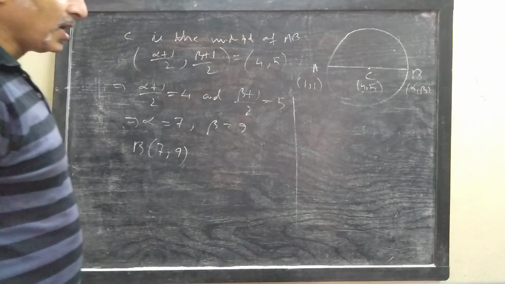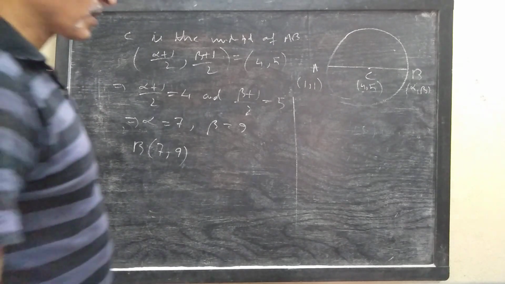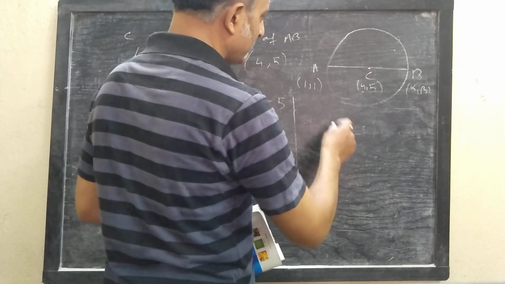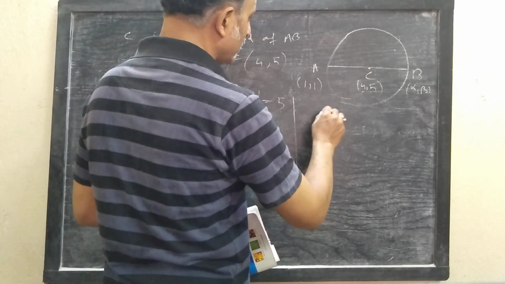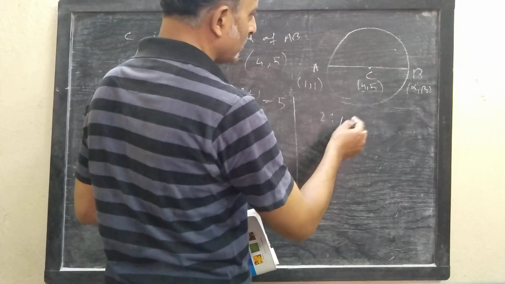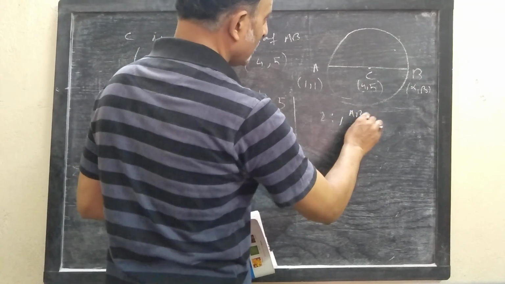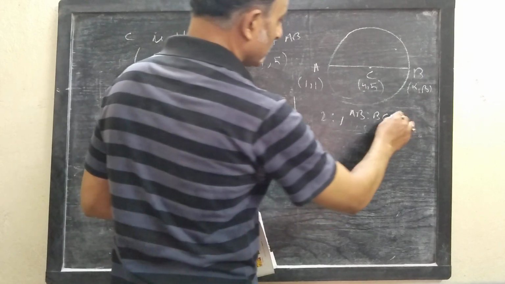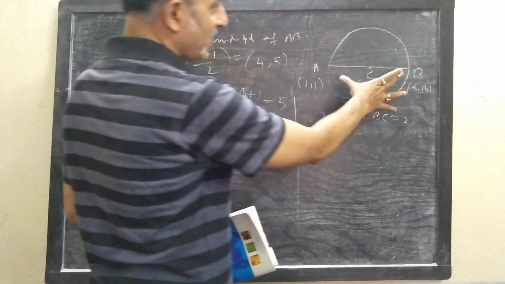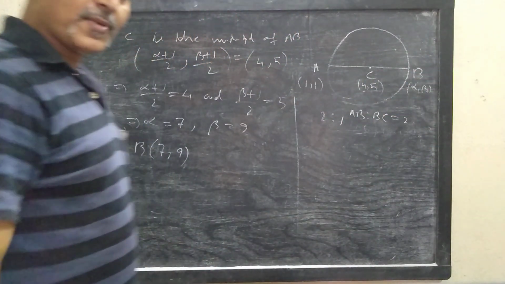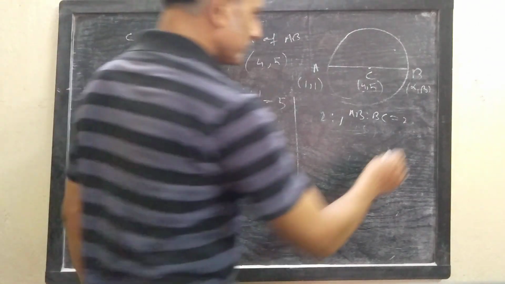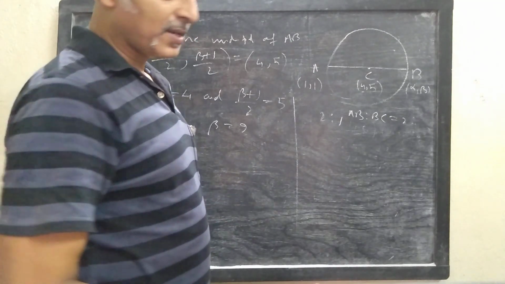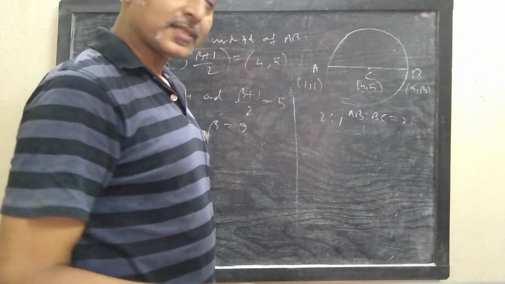Now I am interested in the alternative way. In the alternative way, look, point B divides line segment AC externally in the ratio 2:1. Why 2:1? Look here, AB is to BC. This will be 2:1 because AB is the diameter and BC is the radius. So diameter to radius will be 2:1. And B lies outside the line segment AC, so it divides AC externally.